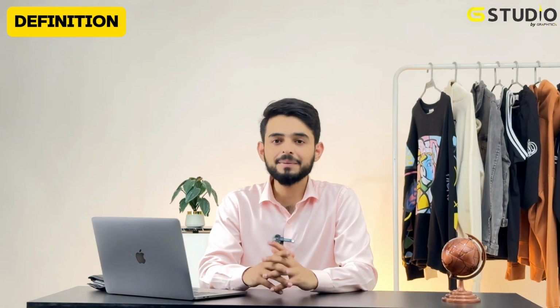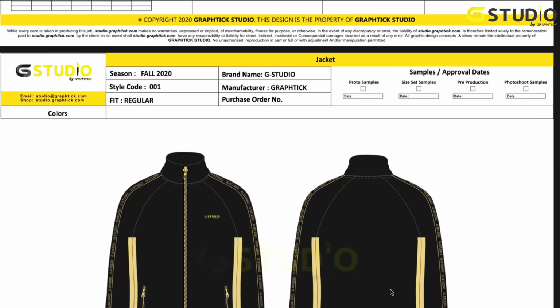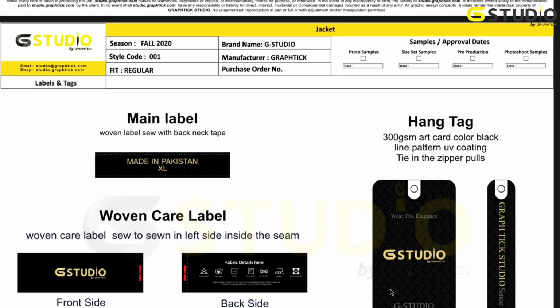All over the world, you will read a lot of definitions of the tech pack, but we will make it simpler. A tech pack is basically an entire file, or you can say a blueprint or a technical document of a garment which explains how it should be constructed, what the color combinations will be, what the fabric details are, and what the branding and design details are. It also includes the specs, measurements, gradings, and a lot of other things which make production much easier, reduce mistakes during production, and help us present to manufacturers.